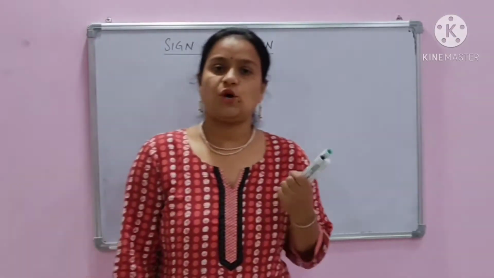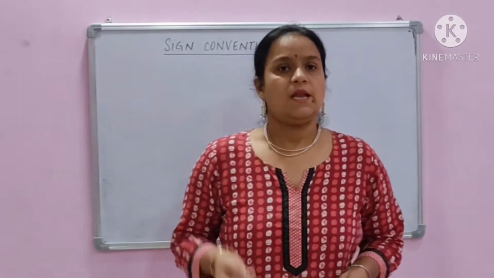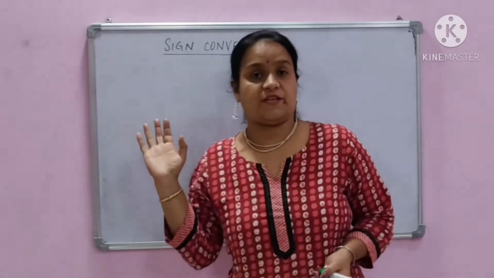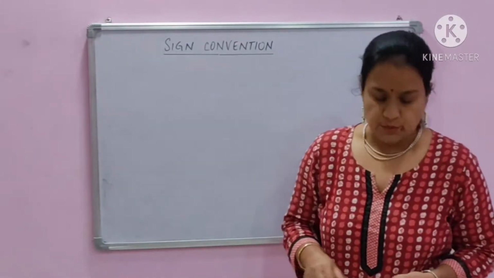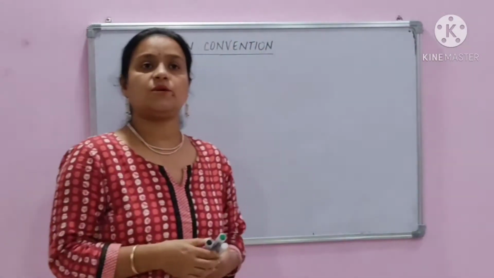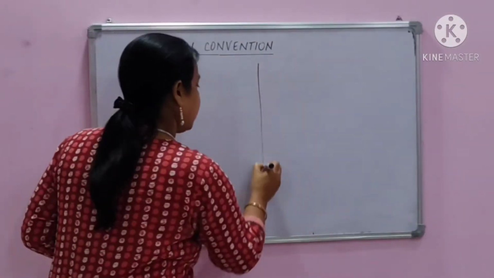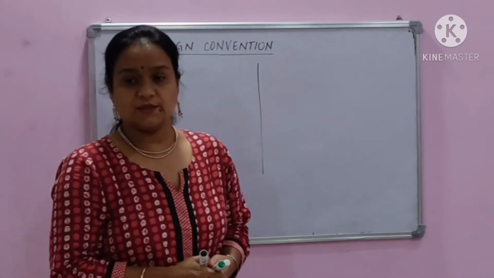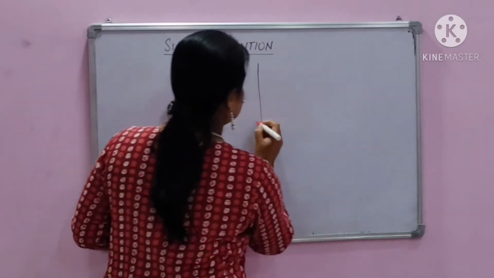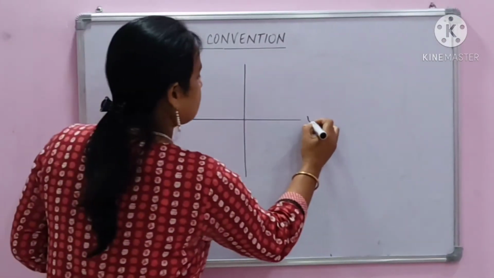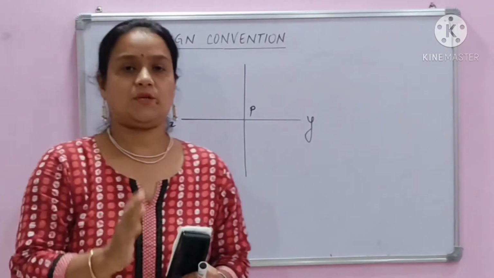So before we start solving numericals related to spherical mirrors, let us quickly revise the sign convention that we need to use while solving such problems. The sign convention, also called the new Cartesian sign convention, as you know: suppose this is a spherical mirror, and as you do in mathematics, you make 4 parts of it. Let us say this is the principal axis, this is the pole, so we measure everything with respect to the principal